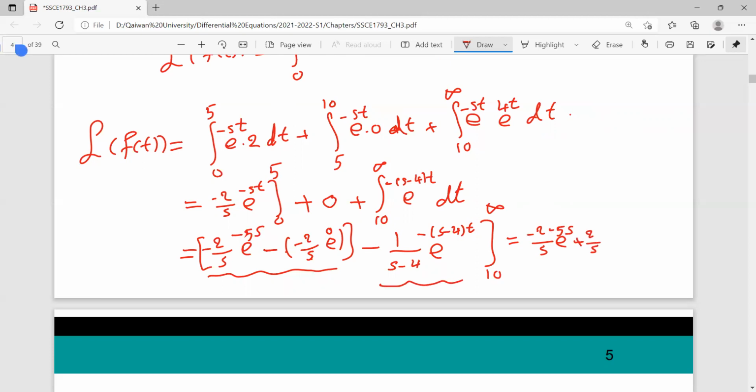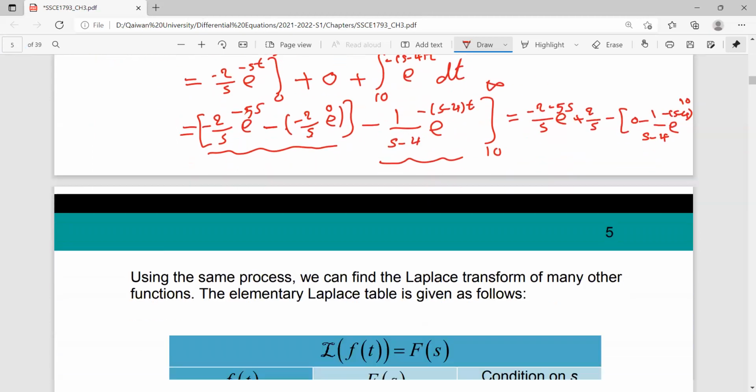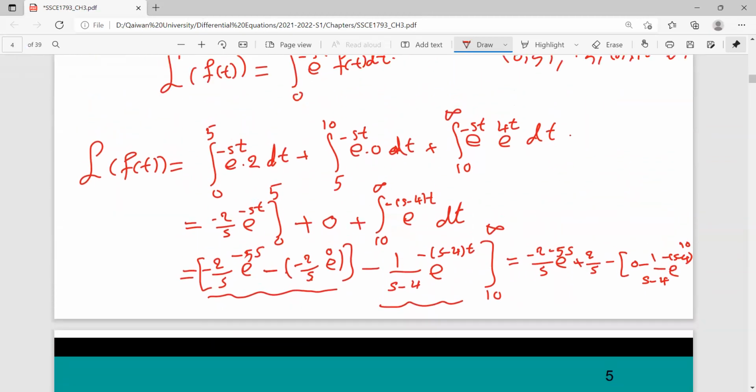And this one, if you replace t by infinity, you get 0, because here we get 1 over e to the power infinity, which is 0. This minus 0 minus, if we replace t by 10, we get 1 over s minus 4 e to the power minus s minus 4 times 10. Okay, and it equals to